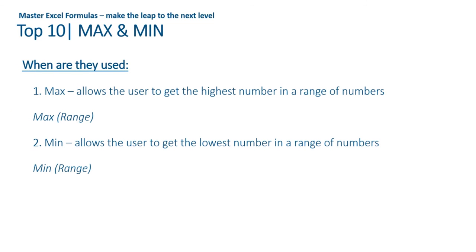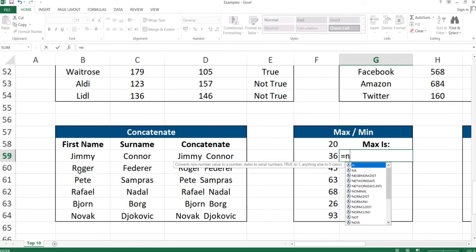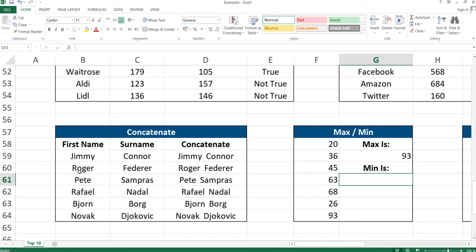And again, the structure of both formulas is very similar. So you have max, and then we need the range in which to get the maximum value from, and the minimum is pretty much the same thing. Now, just to show you the example, here's what we get, and the maximum from this range here is 93, and then the minimum is